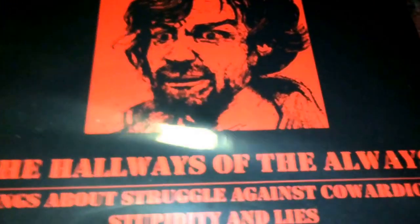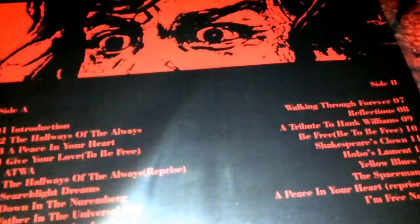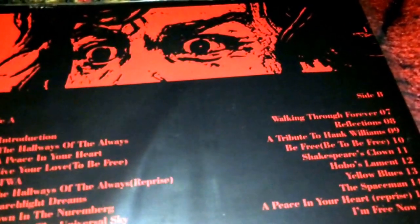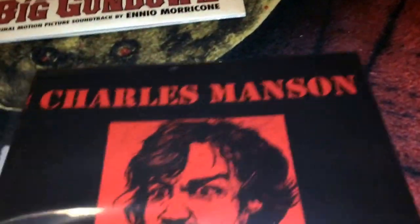And the last LP here is the Charles Manson, The Hallways of the Always, songs about struggle against cowardice, stupidity, and lies. And just to briefly show you guys some of the songs. These were songs that Charles Manson recorded while he was at Vacaville. The first one I showed you guys on my last update video was an album of songs from 1982. This one here is from songs from 84 and 85. And it was just a bootleg tape that got out to the public, and somebody put this together. So I'm not expecting a whole lot as far as quality goes, but I know some of the CDs that they put out didn't sound too bad, so hopefully the